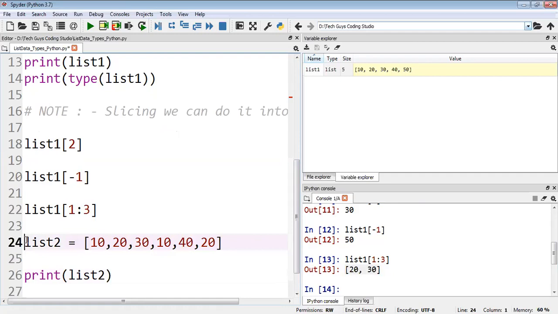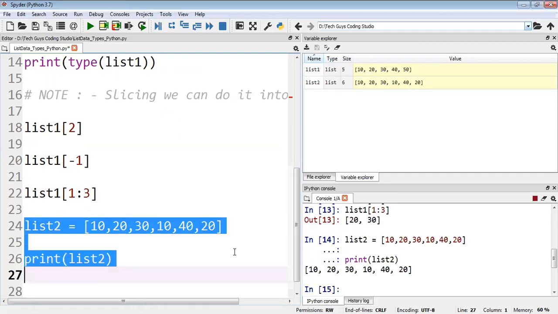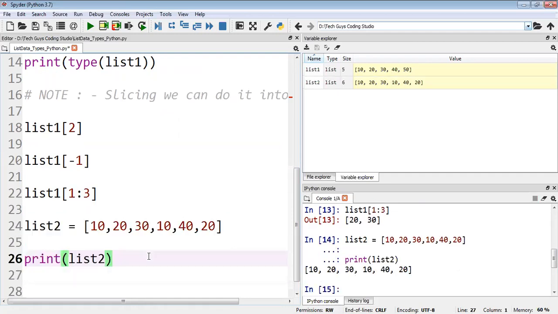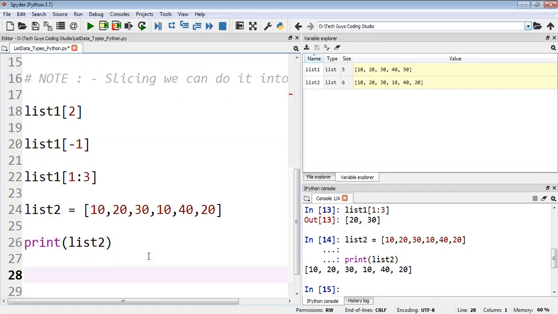See here we can add the duplicate elements in the list. There is no problem, 2 we can add it. For example, if I want to get the output of list 2 of start from 2, end with 0, 1, 2, 3, 4, 5. 5 is there, so I'll end with 4. So how will it take?